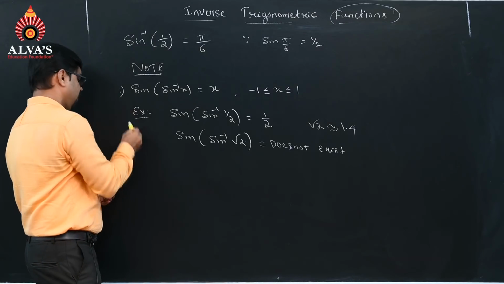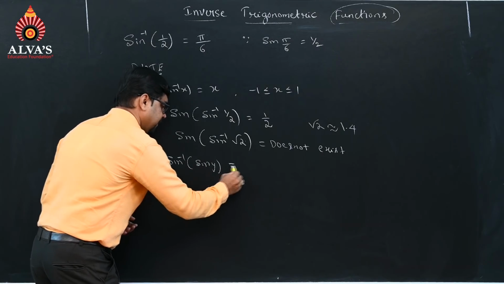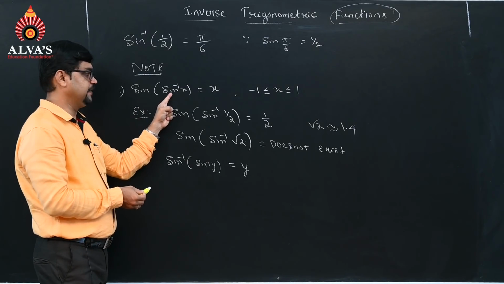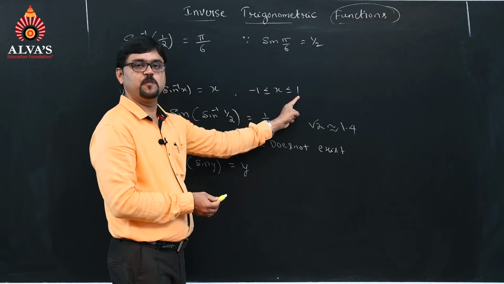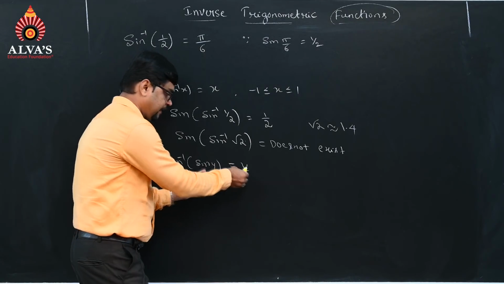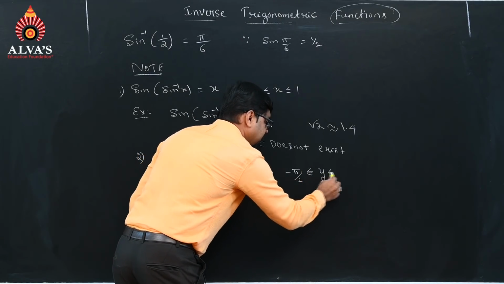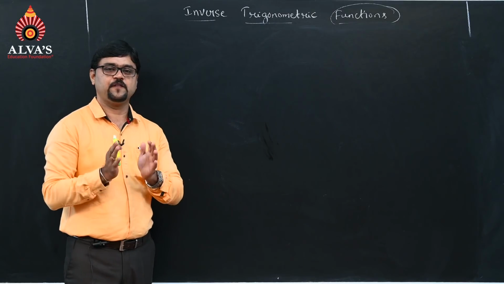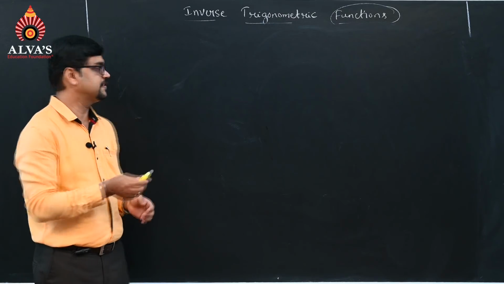And here I will take one more note, that is sine inverse of sine y is equal to y. See the difference here: in the previous case the inverse function is inside, so it should be x, and x should lie between minus 1 to plus 1. Here outside is the inverse function and inside is the sine trigonometric function, so here the angle will exist, and this y value must lie between minus pi by 2 to plus pi by 2. Yes, now we finished the first definition of inverse trigonometric function, that is inverse sine. Now we will move to the second definition,